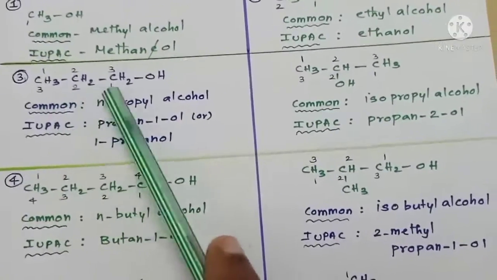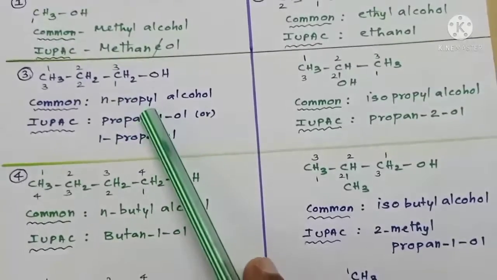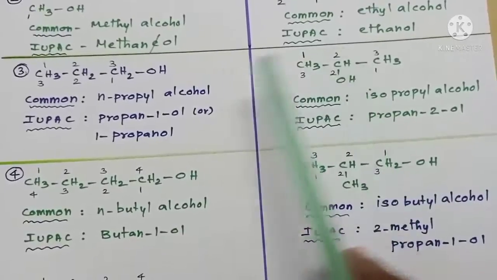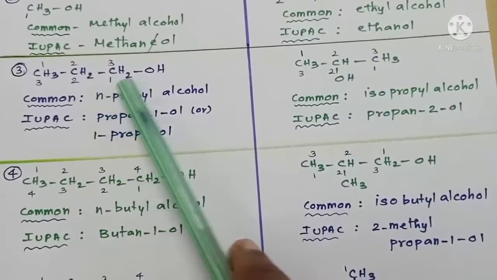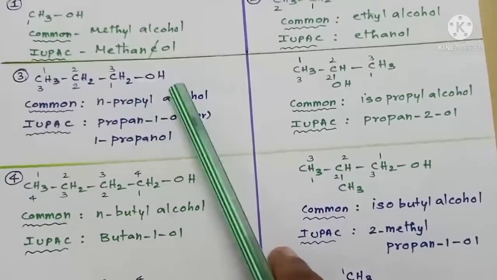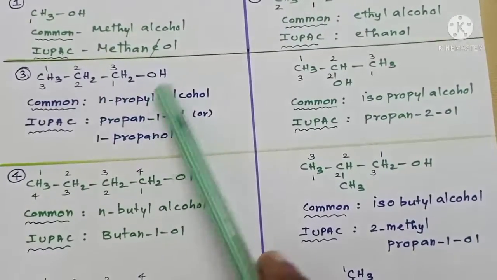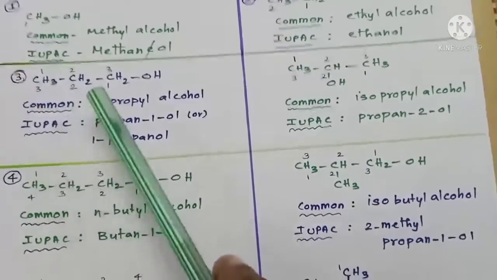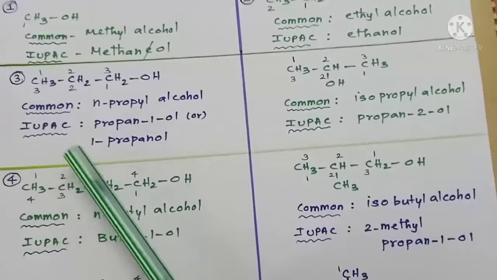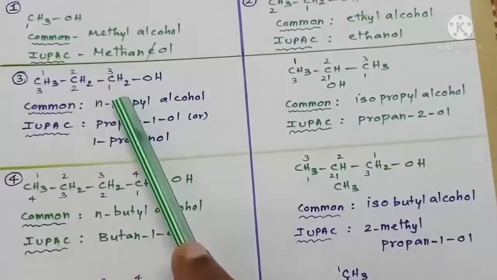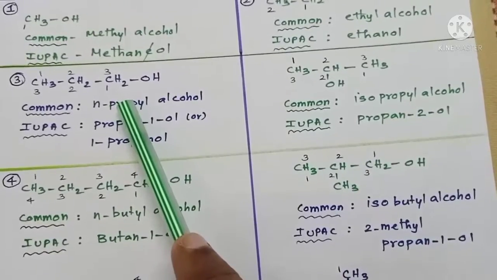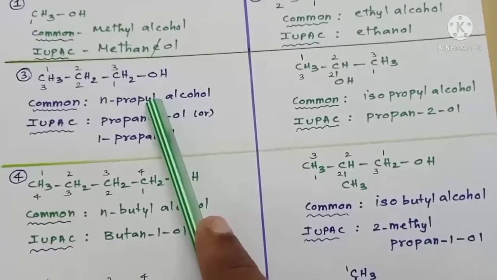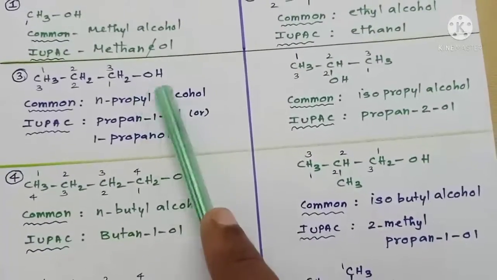Here the alkyl group has three carbon atoms, so it is called a propyl group. Even the other one has an alkyl group with three carbon atoms, so it is also propyl, but this one is unbranched. An unbranched compound we call a normal compound. So the common name of this compound is normal propyl alcohol, n-propyl alcohol. Then, while giving the IUPAC name, as usual, we number the parent carbon chain in the forward and backward directions, and we remember the rule: least number to the alpha carbon, that is, the carbon attached with the functional group.